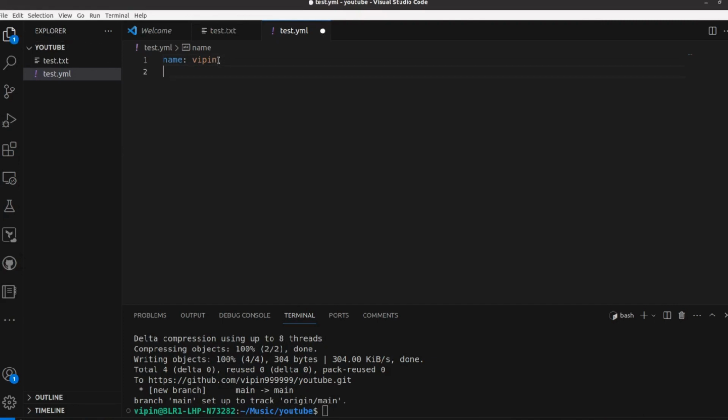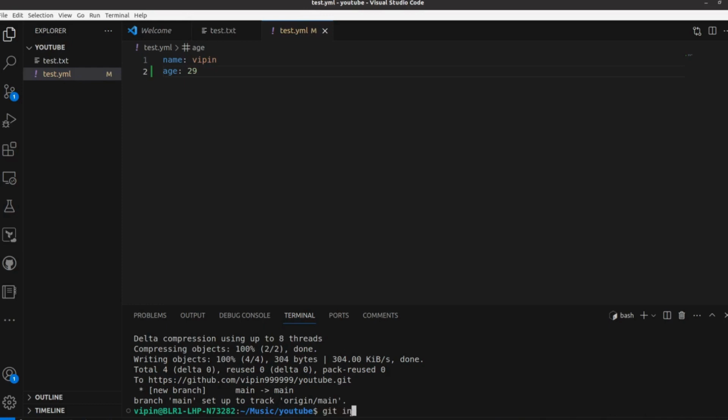So suppose I make changes to this file, how can we push them?